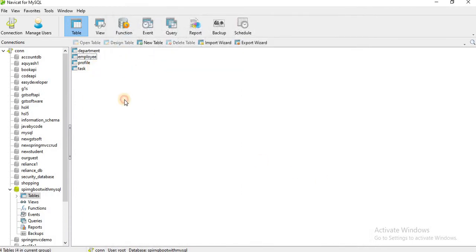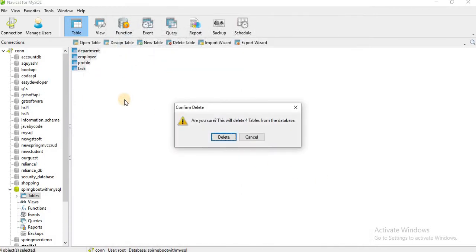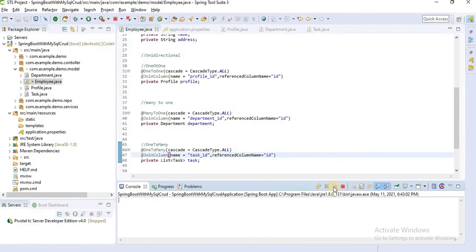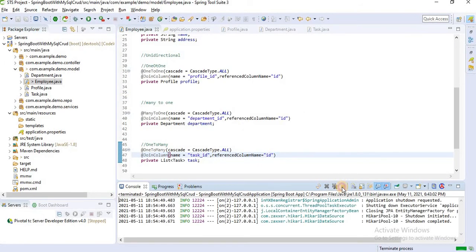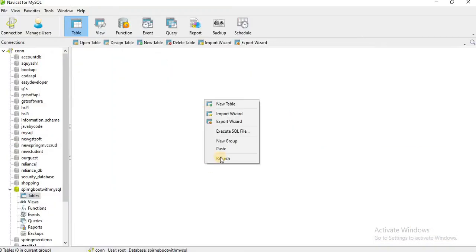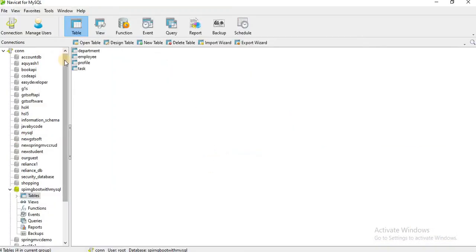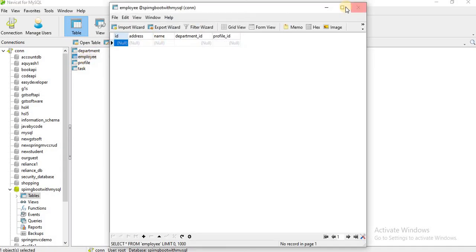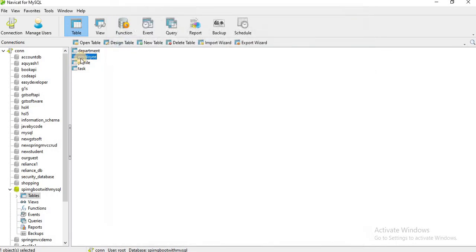Okay, let's delete all tables and run our application again. I'll simply terminate and run our application. Here now we can see we have task, profile, employee and department. Let's check the employee class. Here we don't have a task.